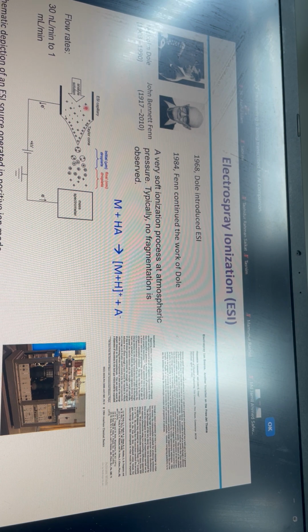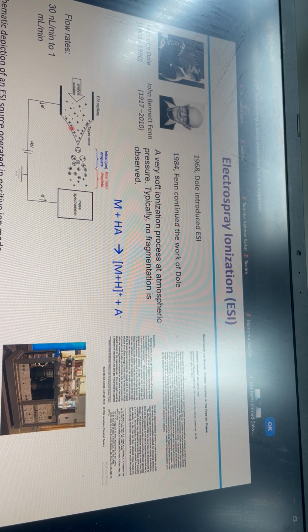So he has a stainless steel capillary, and he dissolved his analyte and sample in organic solvent. He passed this analyte solution through the capillary and put it in the circuit. Then he actually takes out the electrons from the analytes, so the analytes become positively charged. And this stainless steel capillary has such a tiny diameter that when you pressurize them, it